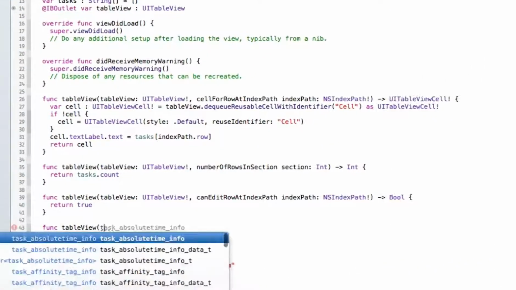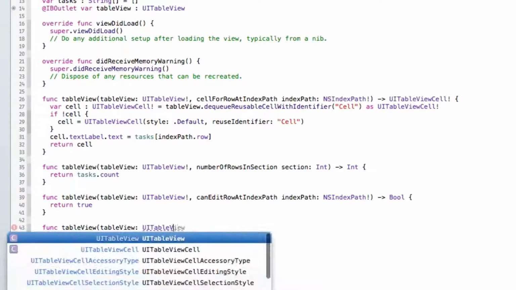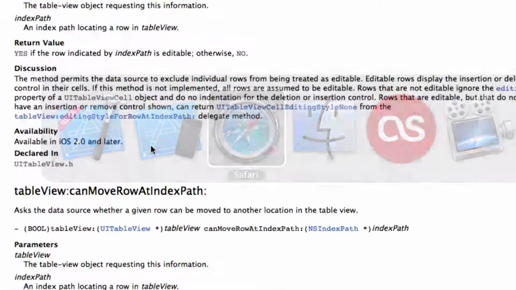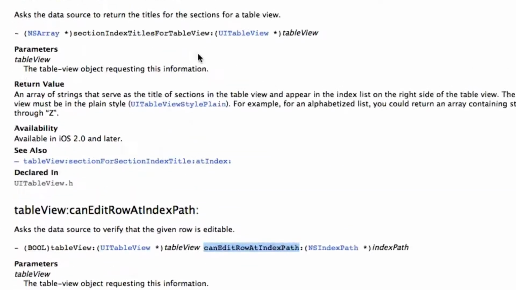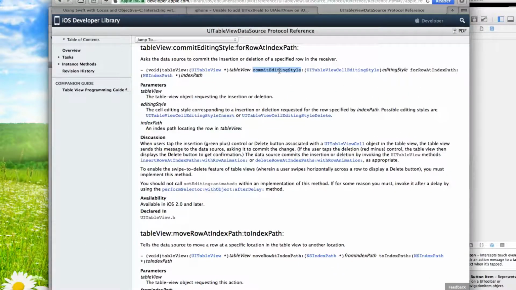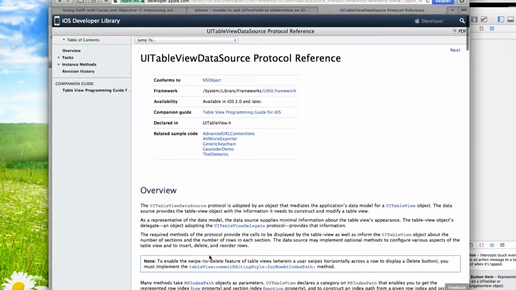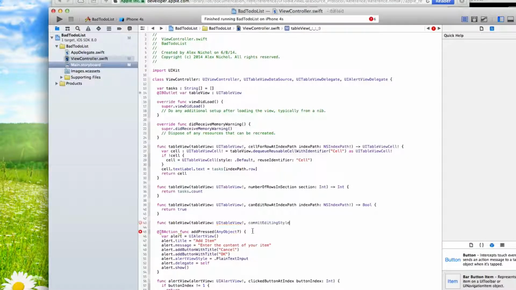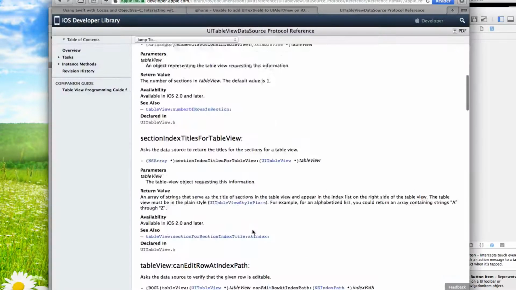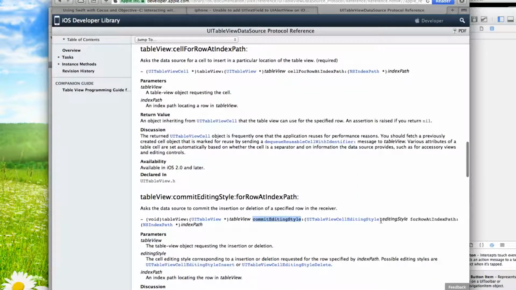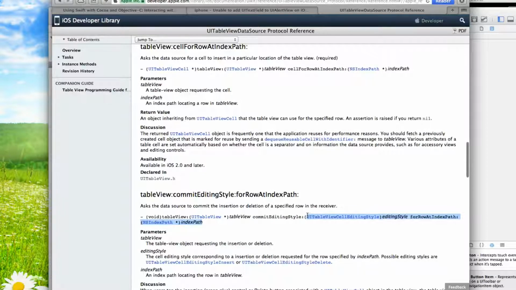And let's just try one more. We are going to create a method for commit editing style, because maybe it probably, in fact, that's what it just said, didn't it? To enable swipe to delete, you must implement that. All right. Yeah. So yeah, that's literally just me not reading this thing. Has nothing to do with me not knowing Swift. So let's go ahead